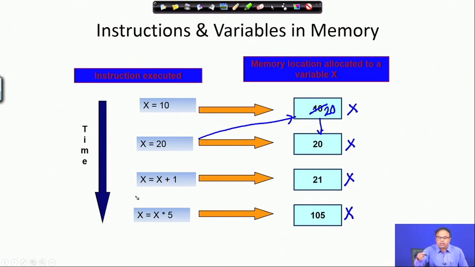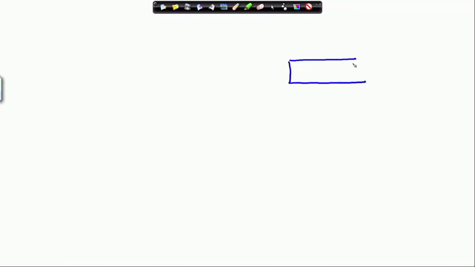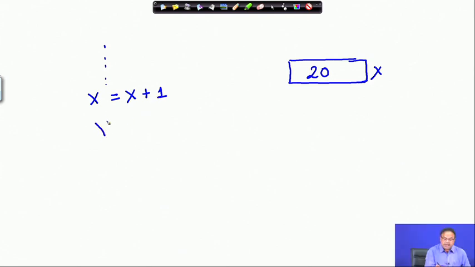Let us go back one moment to this. There is x, it was 20, and I have come across an instruction which says x equal to x plus 1. What does it mean? It means assign to x what? x plus 1.